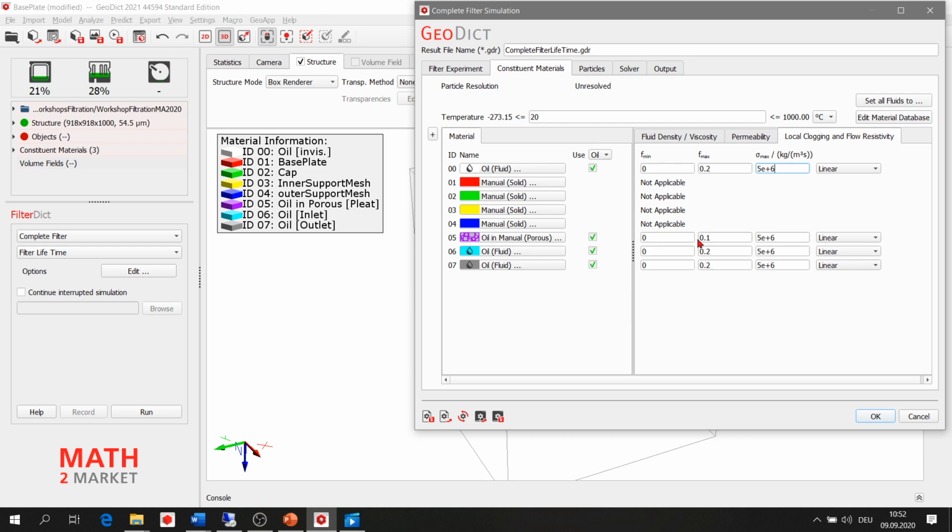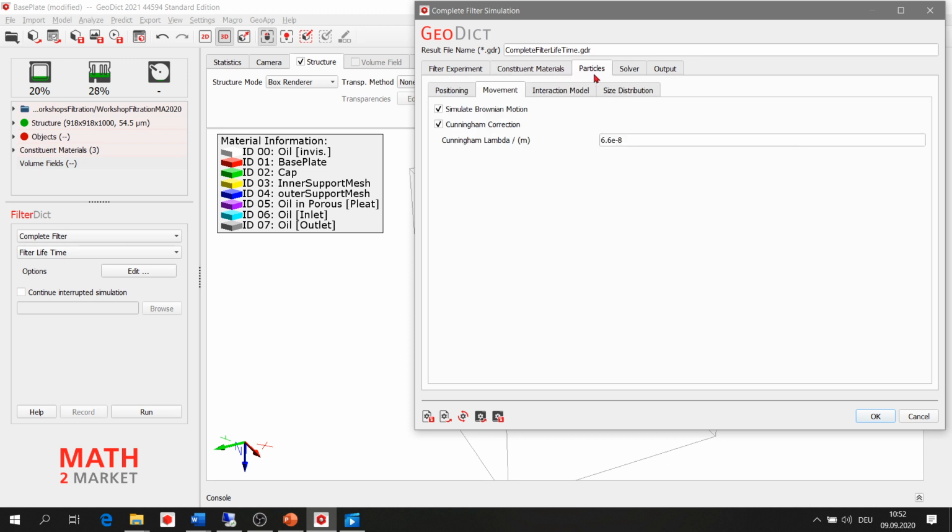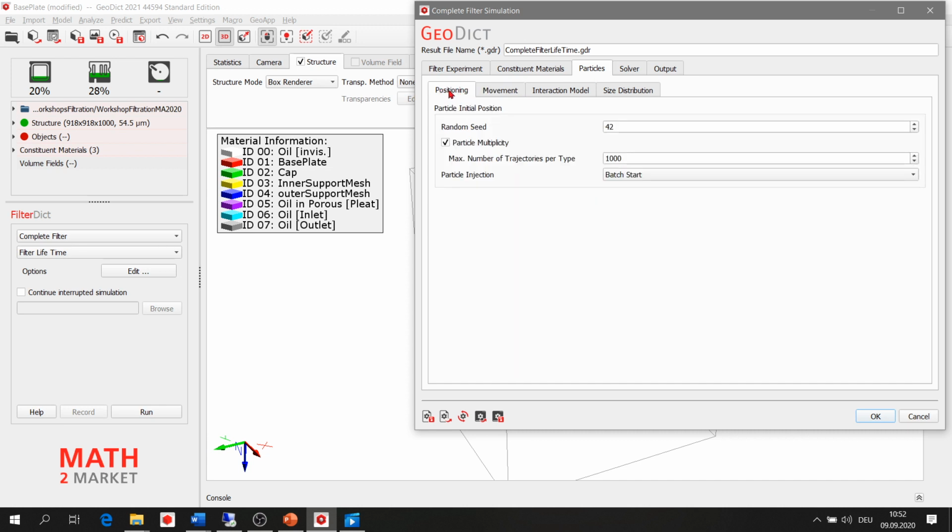Okay, so the next step is the particles. This is also very important. Under the first tab, positioning, we don't need to change the random seed. This is only a statistical number without any physical meaning. It just means you have some random positions for injection of particles.